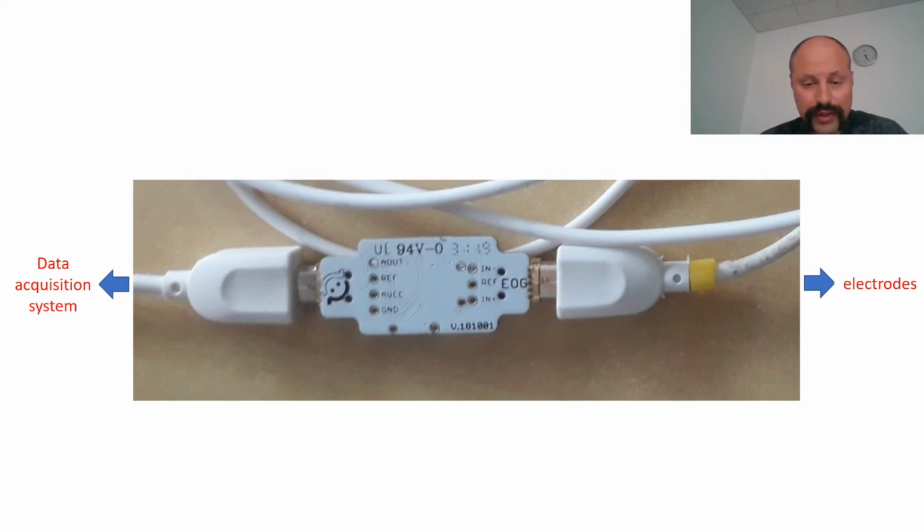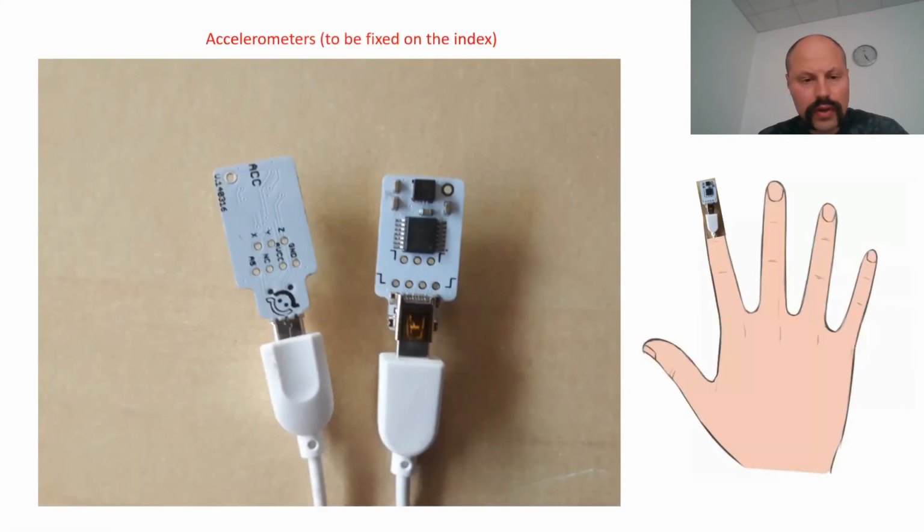It's important to be careful and not to confuse the 2 sides, otherwise it is not going to be well recorded. Those are the accelerometers. There are no electrodes. The accelerometer can be placed on the index finger, and even a mouse click provokes a lot of acceleration of the device, which is detected and